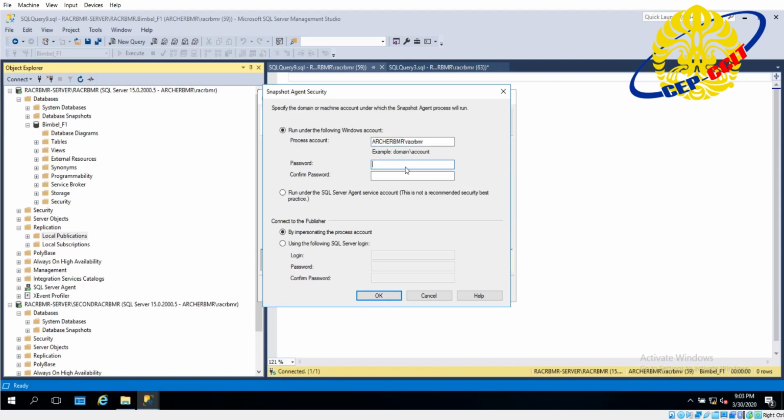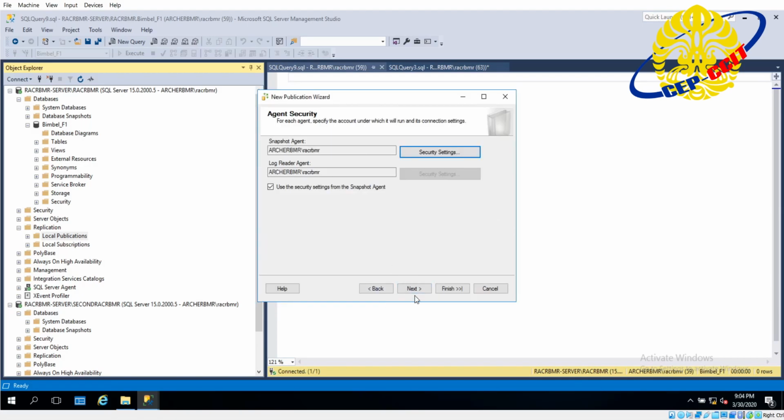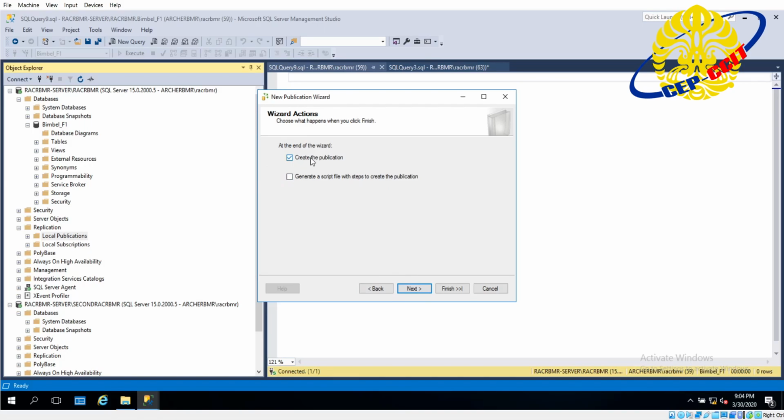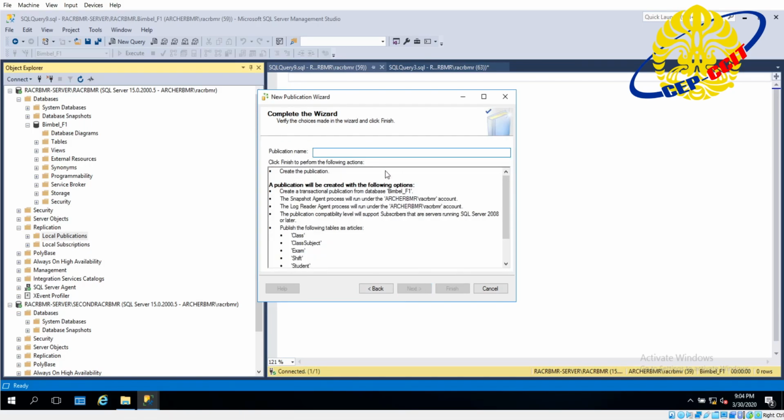Input the password, and confirm the password, same as above. For connect to the publisher, we will choose by impersonating the process account. Click next, check create the publication, and choose the publication name you want.